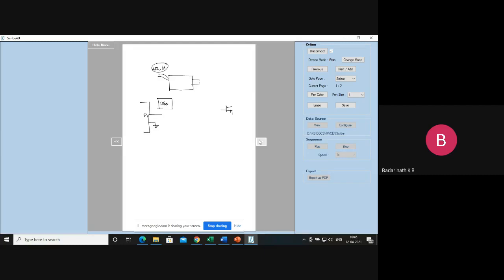So what I'll do now is write a transistor driver circuit here. Why? If I connect 5 volts directly to the DC motor, what will happen? It is not in a position to drive the DC motor, because the DC motor requires 12 volts and what you're generating is 5 volts. So you should be able to amplify the voltage and the current to the requirement of the DC motor. In such cases, we require an adapter, the power supply.